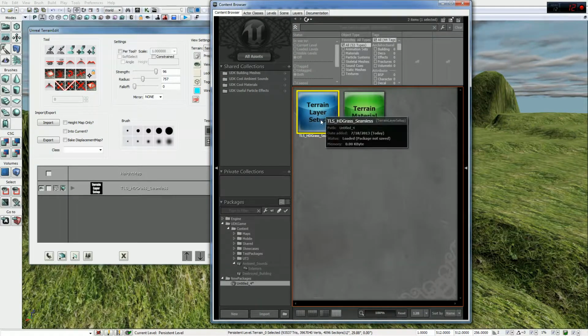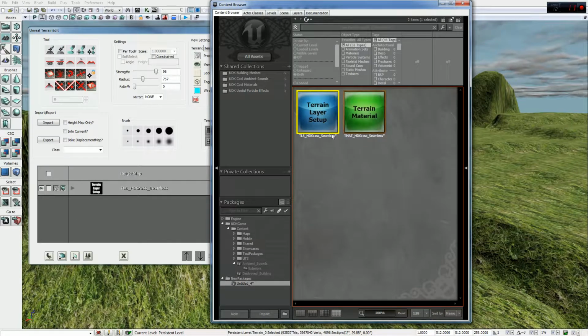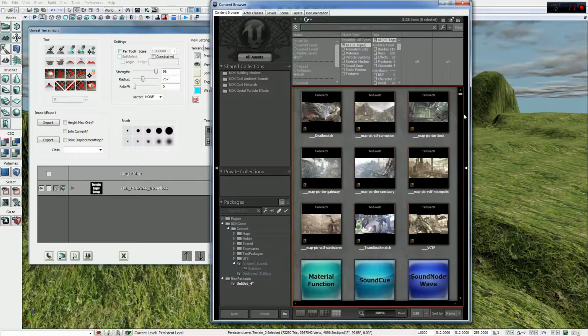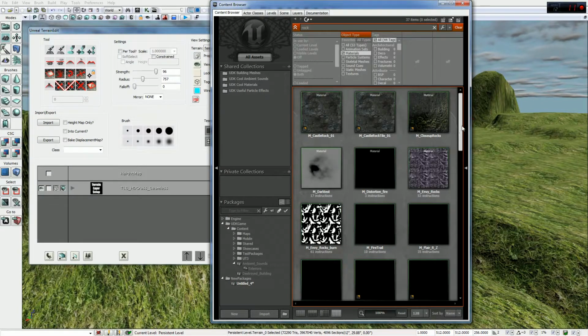Now do note, it creates this whole terrain layer setup and terrain material thingy internally to make sure that it applies it correctly and all that kind of stuff, which you don't really need to worry about unless you're doing advanced stuff and wanting to edit that yourself. But the content browser stores absolutely everything. Because the terrain has to store the texture in a certain way, it just tells you that that's what it's doing. So I'm going to type in rock here, switch it to materials only,